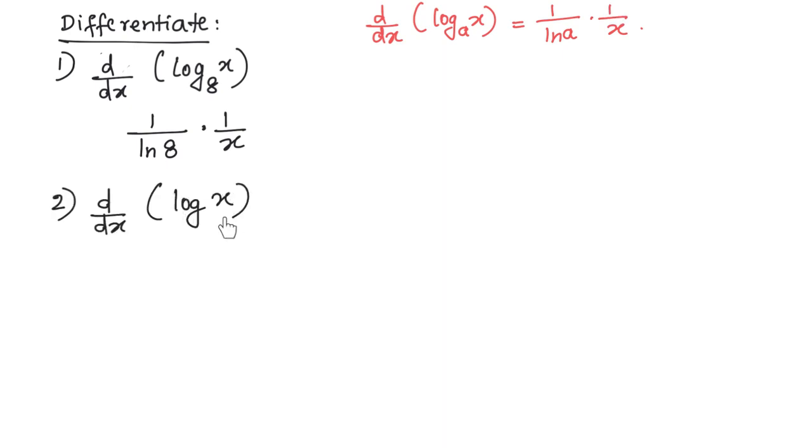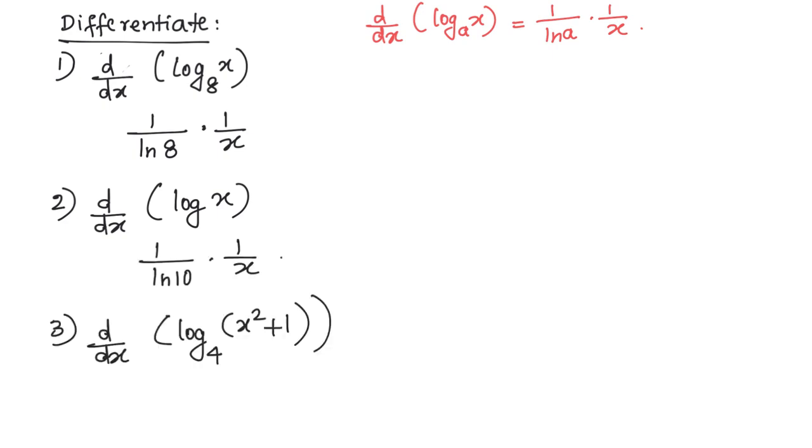If it is just log x, there is no base written here, right? That means that is the common log. That means the base is 10. So it will be 1 over ln of 10 times 1 over x. Third question, a is